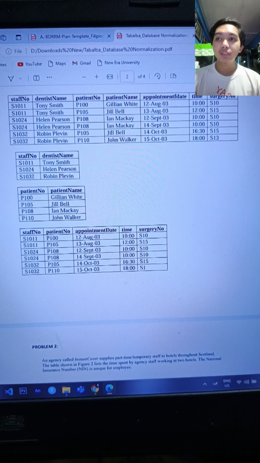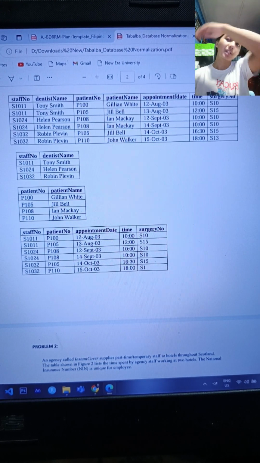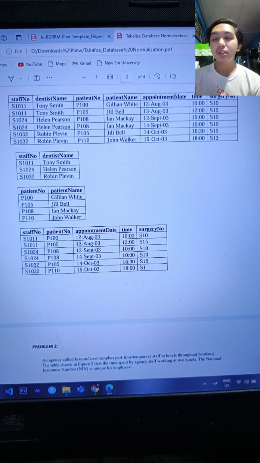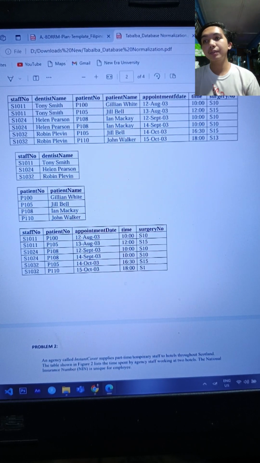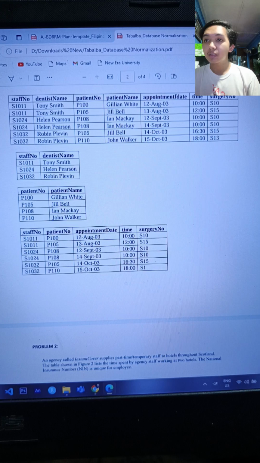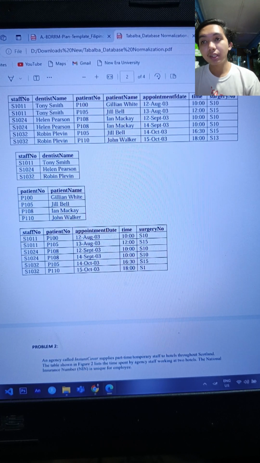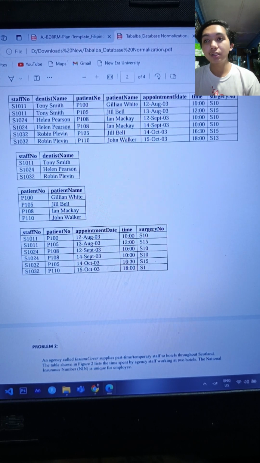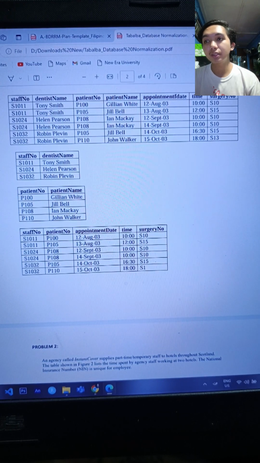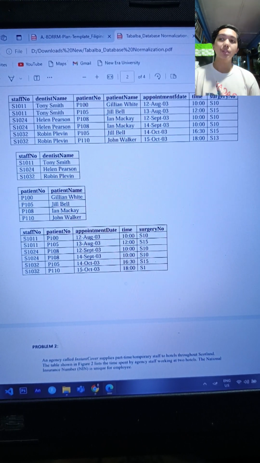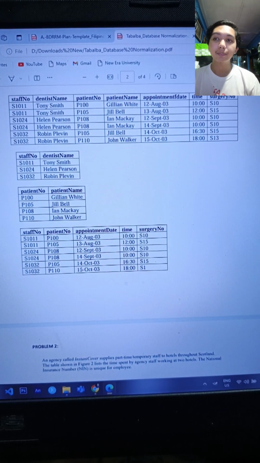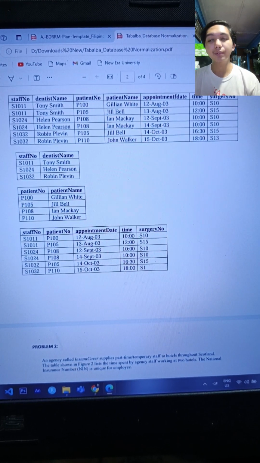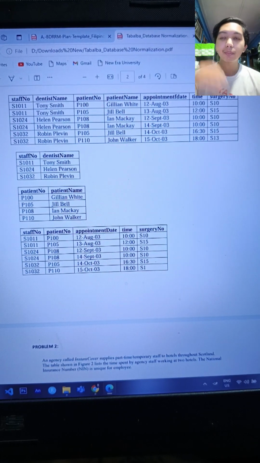For database design, implement these normalized tables in a relational database to enforce data integrity and prevent anomalies, with constraints. For data visualization, visualize the data to better understand the relationships and anomalies. Now that's problem number one.